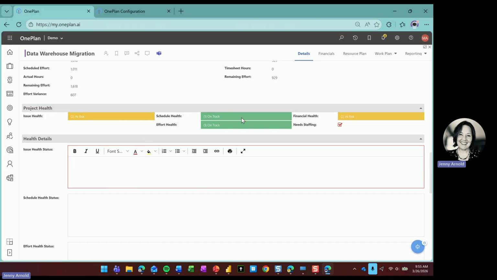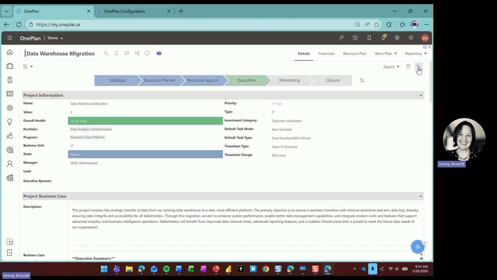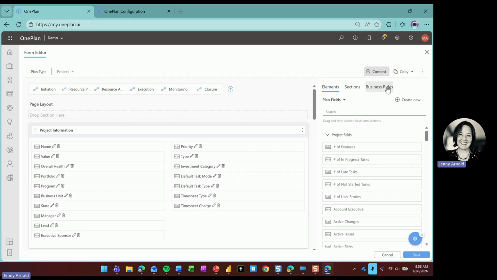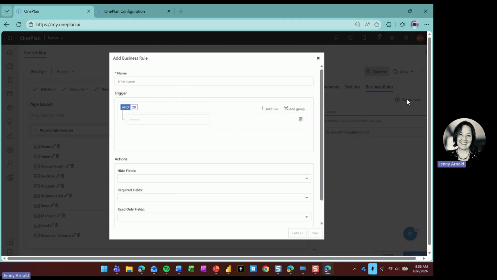We'll go through and we will set up a schedule health business rule. From the top of the page here, we can click on the configure button. And then from here, we can go to business rules and we can create a new business rule. I'm going to call this one schedule health,